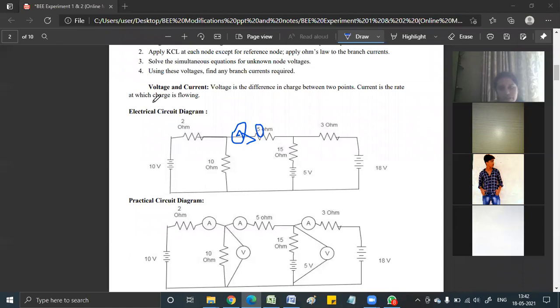Now, if this is the electrical circuit diagram, and I want to use the superposition theorem, how will I start off? First thing, we have the circuit already built on our Tinkercad, right? We will talk about Tinkercad in 2-3 minutes. But in the case of the superposition theorem, what is the logic? How will I find the current through 5 ohm? Can you all tell? First of all, ma'am, we replace all the sources. Means the voltage.